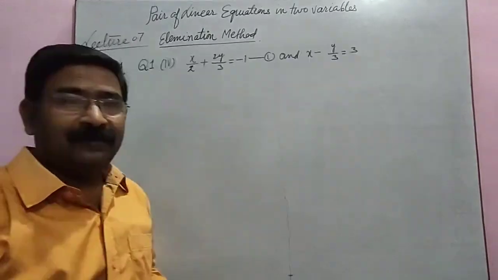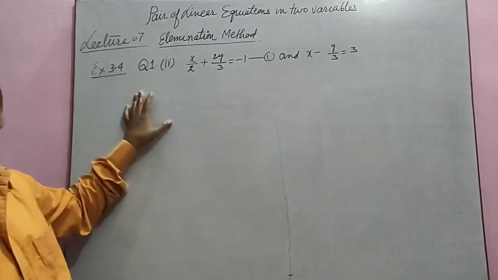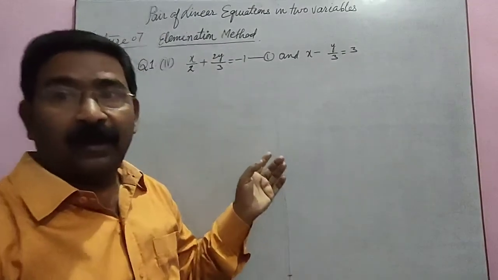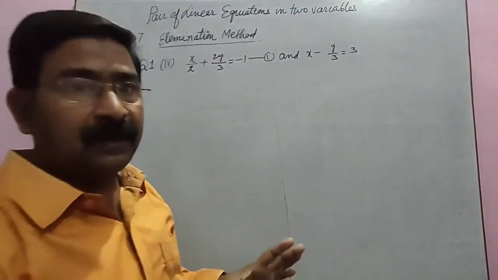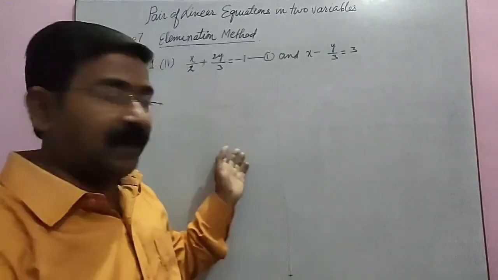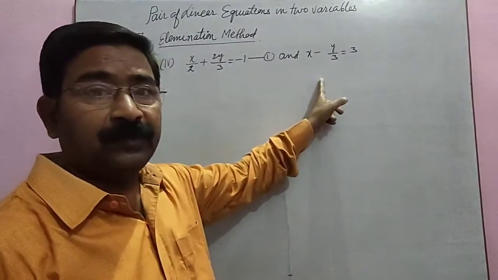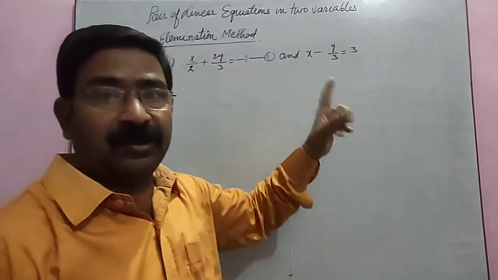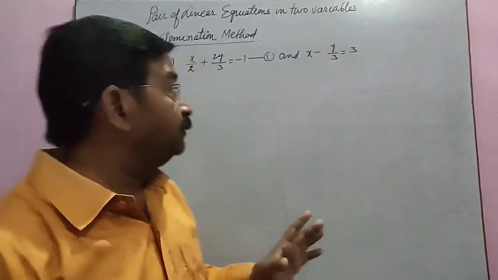Alright. Now we are coming to exercise 3.4 and we have to use the elimination method. Coming to question number 1, it has 4 parts. The first, second and third parts are simple, like the example I gave. I am trying the fourth part and you will solve the first, second and third parts yourself. If you have any doubt or any problem, you may contact me.